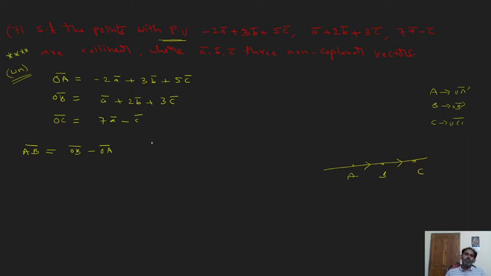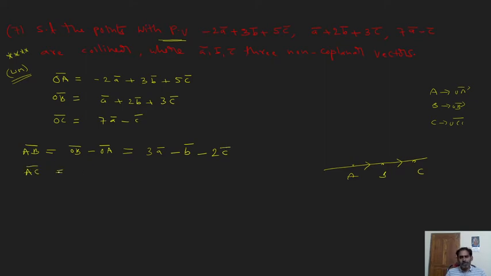We are converting into two vectors. These are 3 position vectors. We are converting in terms of AB and AC, or otherwise we can take BA, BC or CA, CB. Any two we can convert. 3 points converted in terms of two vectors. OB minus OA. What will happen? Just observe. A minus of minus 2A, that is total plus 3A. Next, 2B minus 3B, minus B bar. 3C minus 5C, minus 2C bar. This is AB bar.